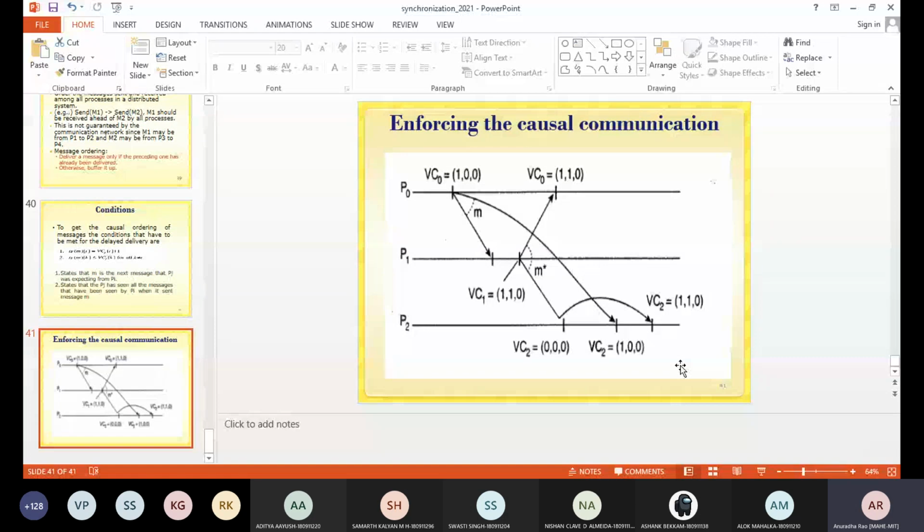When it is broadcast at P1, receivers will be P0 and P2. But while receiving at P2, this message sent from P1 has to be delayed because the message sent from P0 is earlier to this P1. So that is why this will be delayed, and then it will be ordered accordingly.